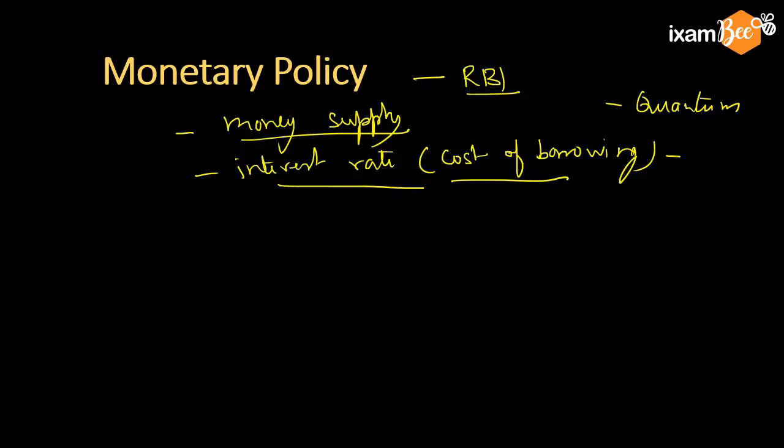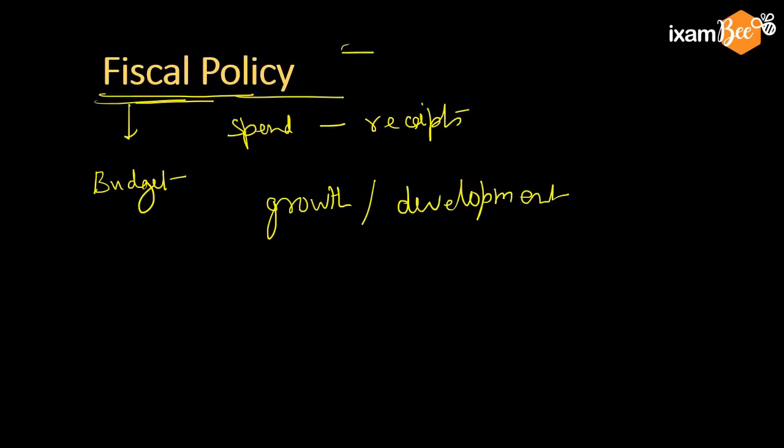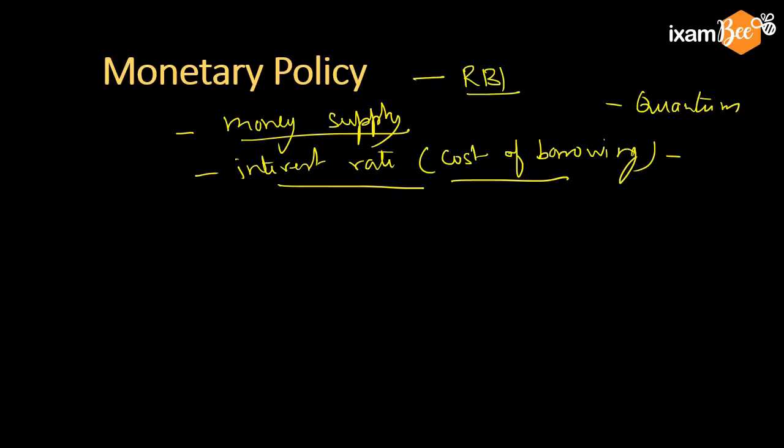So this is monetary policy, and fiscal policy is with the government of India. The finance ministry is primarily responsible for the budget and fiscal matters in the government, but fiscal policy is owned by the government of India. They decide how much to spend, where to spend, how much fiscal deficit to create, and monetary policy is with the Reserve Bank of India. This is regarding money supply.